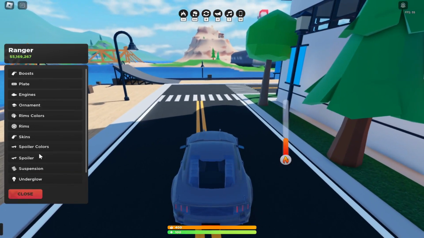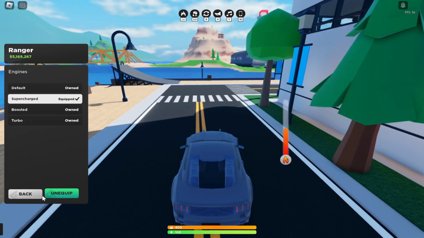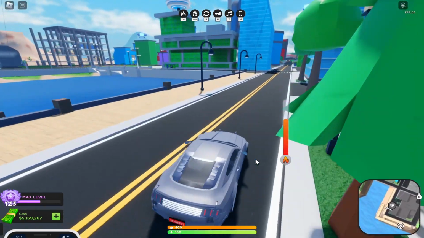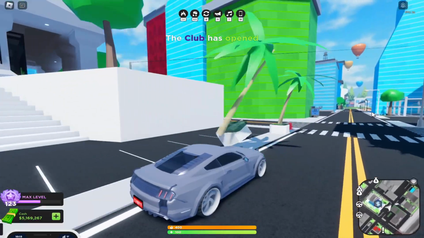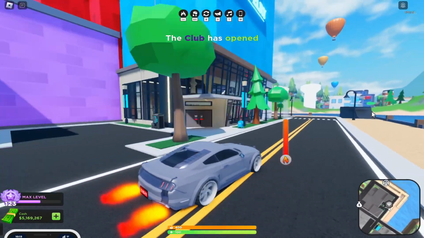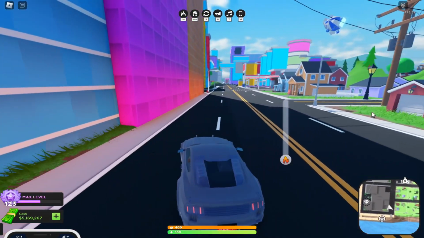What I'm gonna do is just go in here, go to engine, go to supercharge, which is the fastest one that's actually here. Gonna equip it, and we're gonna be seeing if this actually makes much of a difference. Is this okay? We're off. I think this is roughly the speed that the normal engine goes if you do boost, which means if I boost now, yeah, it gets pretty quick,